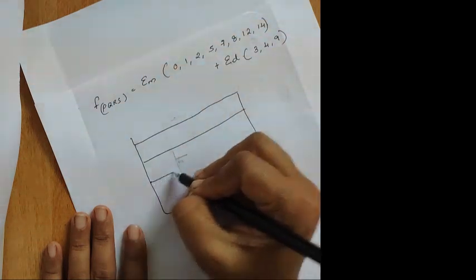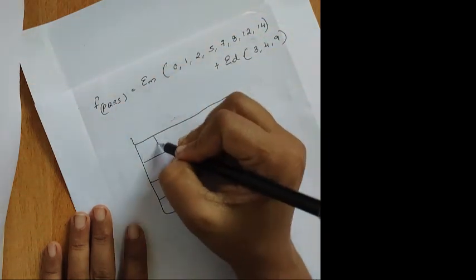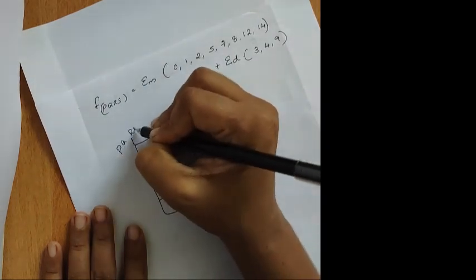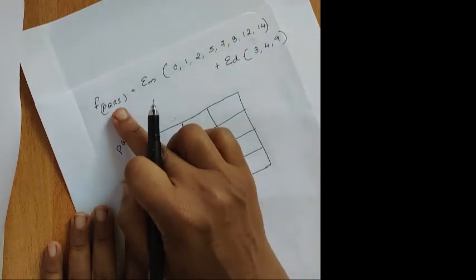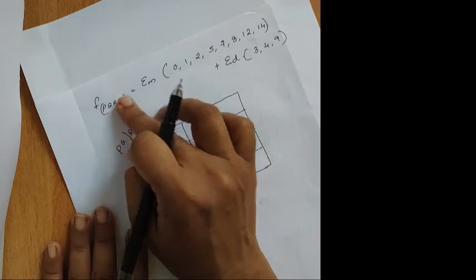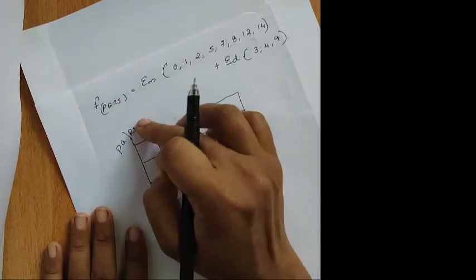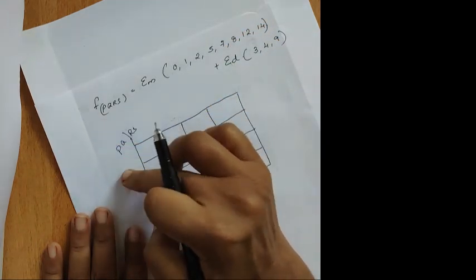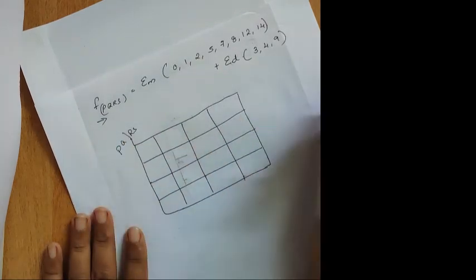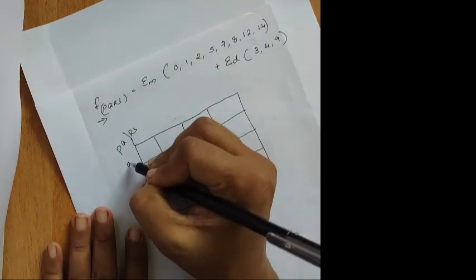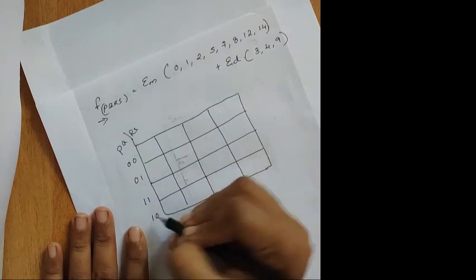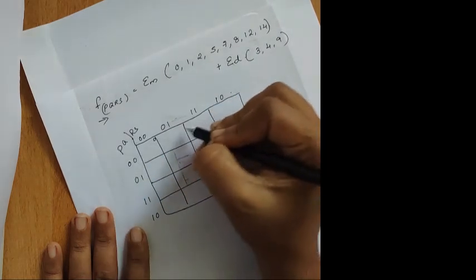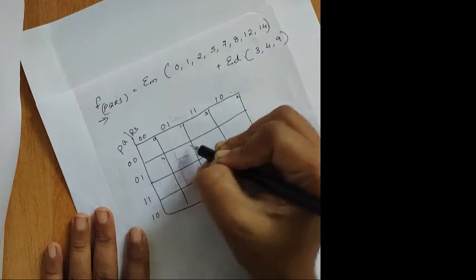If it is a 3-bit also, you can do the same thing. I'll give you one question in 3-bit also. PQRS. Whatever data you're getting in your function, if nothing is given over here, repeating and telling you, if nothing is given over here, you can take it as A, B, C, D. Whatever expression you want, you can take it. If there is a function term given over here, you have to use that term. That too you have to write in this position also. Otherwise, if you are changing the data, all the content will be changed. Zero, 1. For making you understand only, I am writing this.